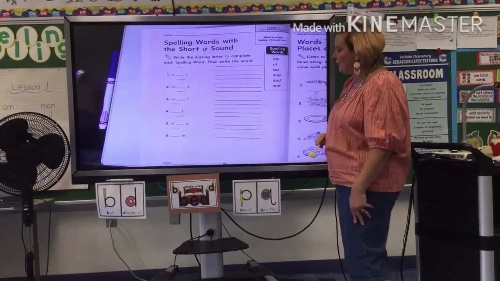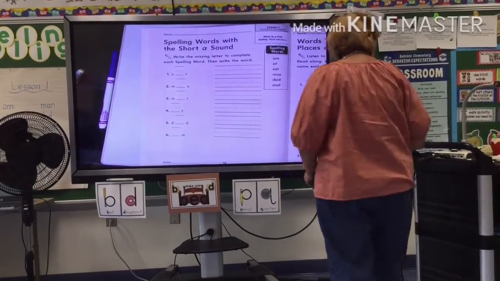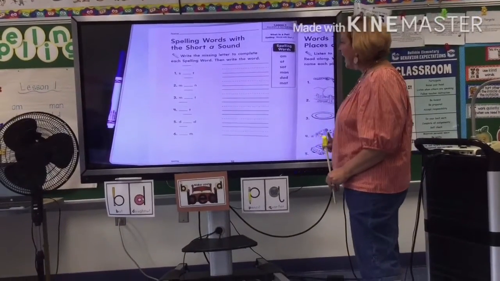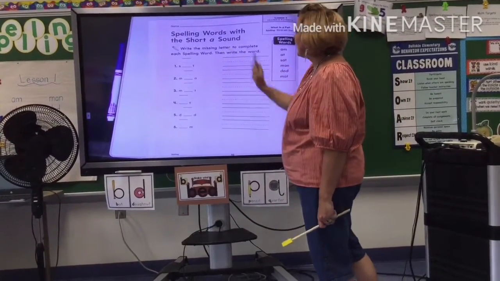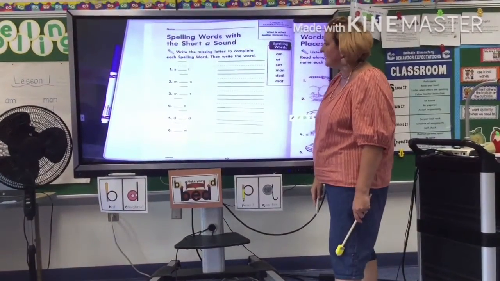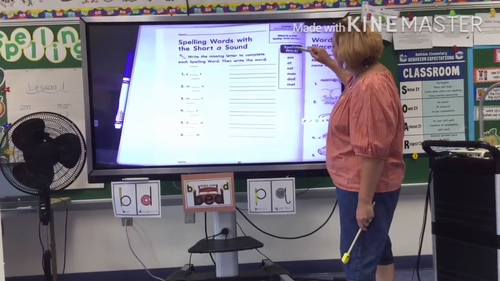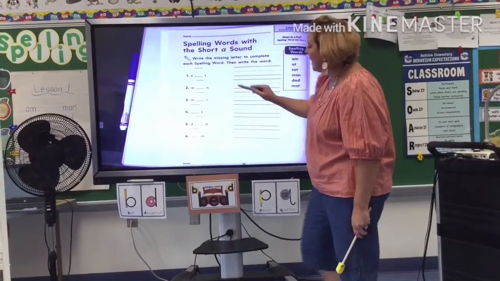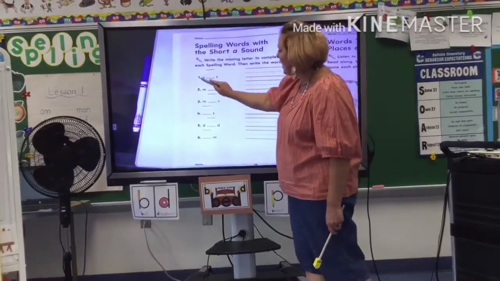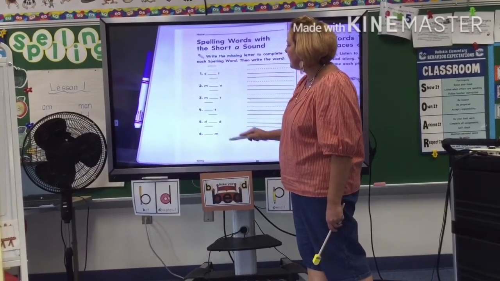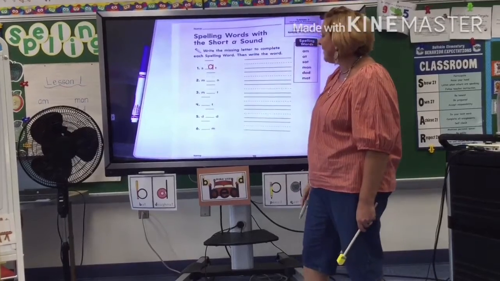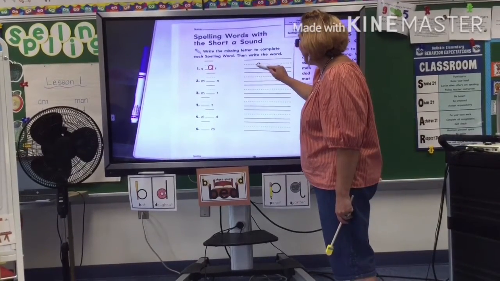M-A-T. Now, if you have your workbooks, I want you to open up to page 10. And we are going to do our workbook page. It says, write the missing letter to complete each spelling word, and then write the word again on the line for practice. So because our words all have short A, I think we're going to have to put short A's in our blanks. Let's see if that works. Ready? Number 1, sat. So you put your short A there, and then you write sat,